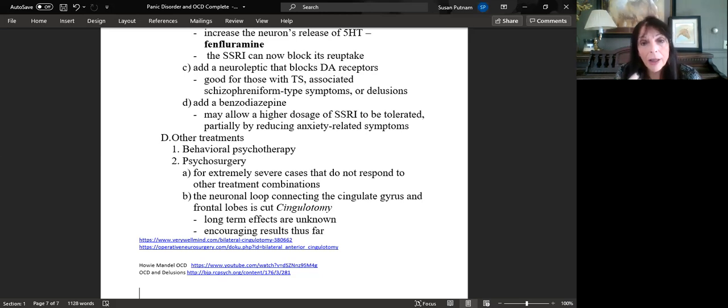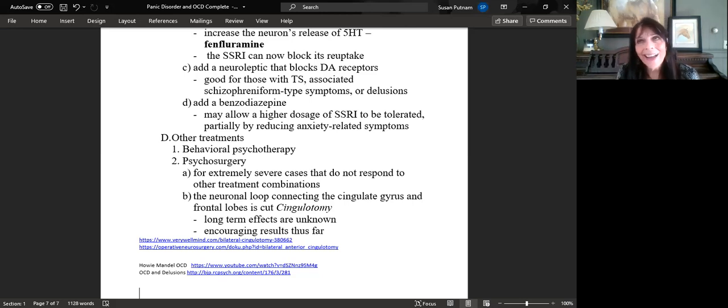The patient may actually undergo something called a cingulotomy. And this is where the neuronal loop that connects the cingulate gyrus, in the cingulate area, the gyrus being the bulge between the grooves, right, and the frontal lobes, is cut. So you've got this loop that might have gotten stuck in an on position that just keeps promoting these very horrible types of behaviors and symptoms. This will get cut and stop that.